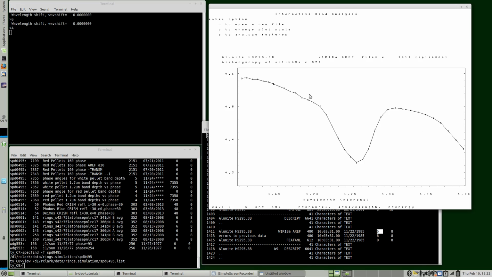We can change our scale more, but we've already done that here. So we'll go on to A, and here's where you enter your 2 continuum points. I'm clicking on this point right here, click. Then you have to go over to the